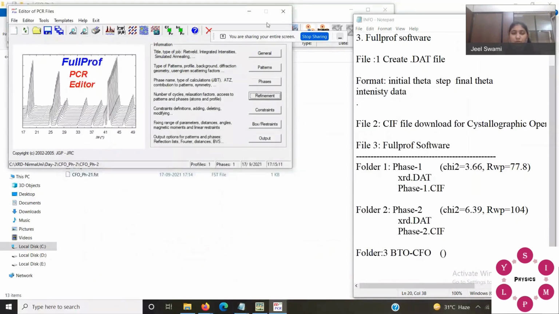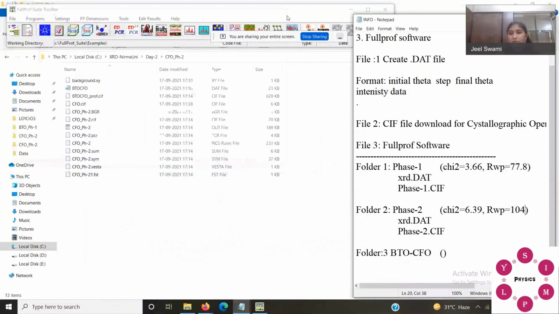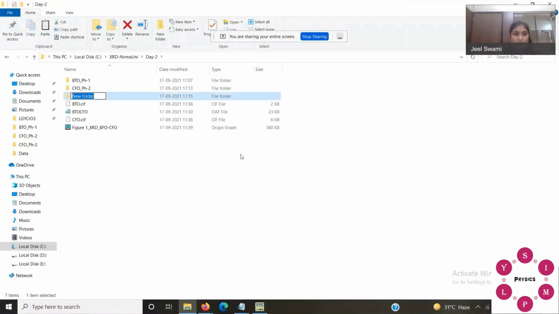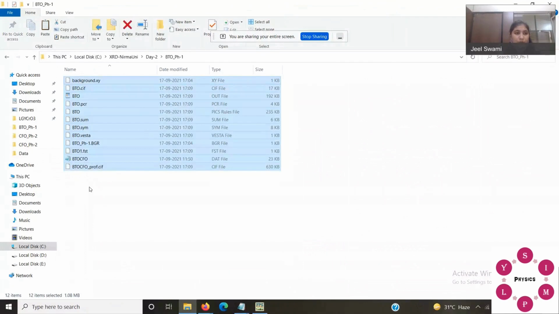Now what you have to do, you have to combine these two phases in one file. You have to make another folder. So let's make another folder, BTO CFO. Okay. Copy the files from phase 1.